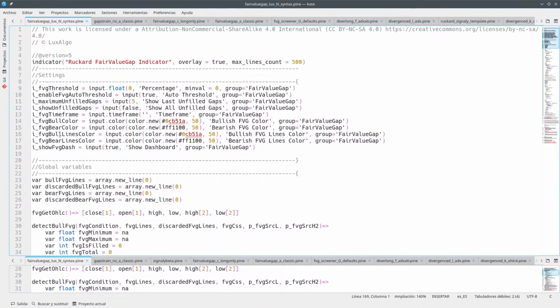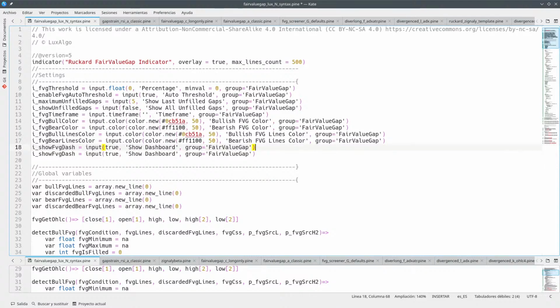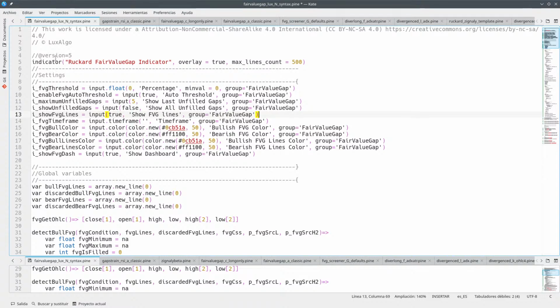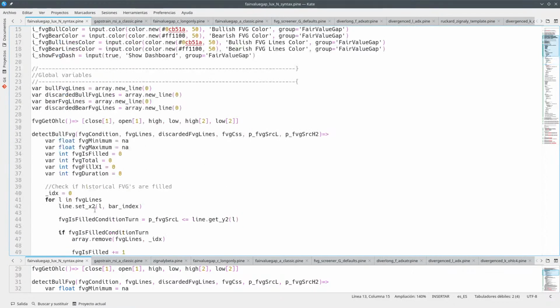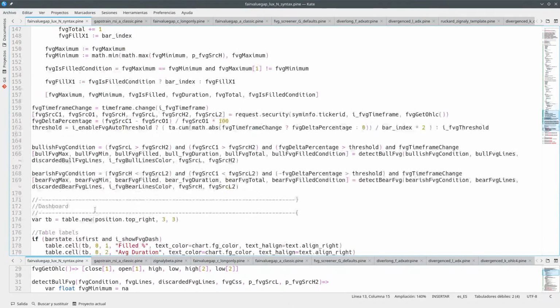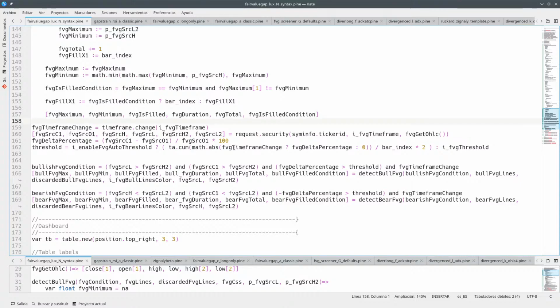The other input is show FVG lines. Okay. Show FVG lines, which I'm going to move here, I guess. And then I'm going to use this later on. I mean, later on here, say something like